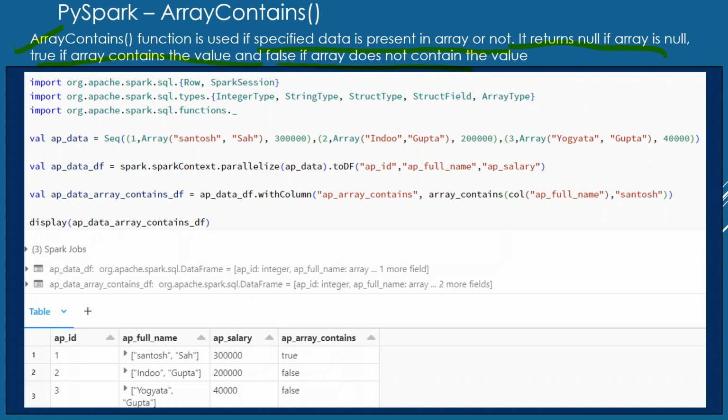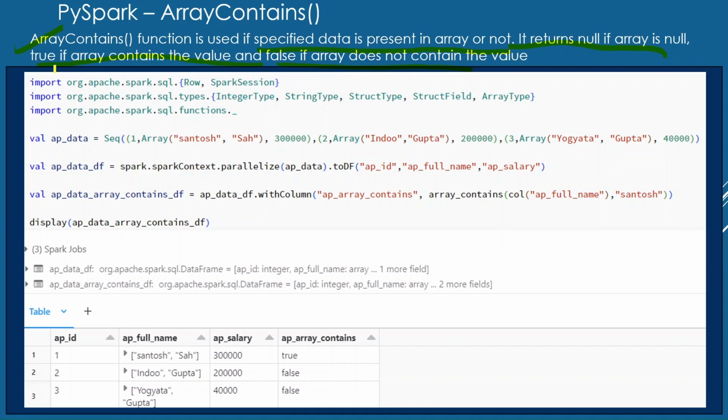It means that if there is an array column which contains multiple elements in it, and you want to search for a specific data in the array, if it is present in the array, it will return true. It will return false if the data is not present in the array. It returns null if the array in which we are searching for a particular data is null.